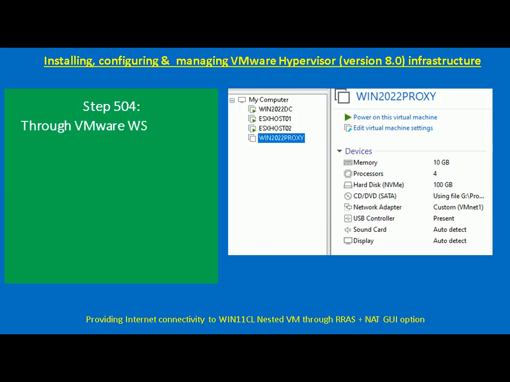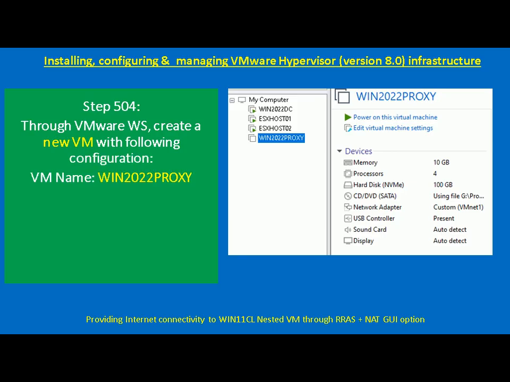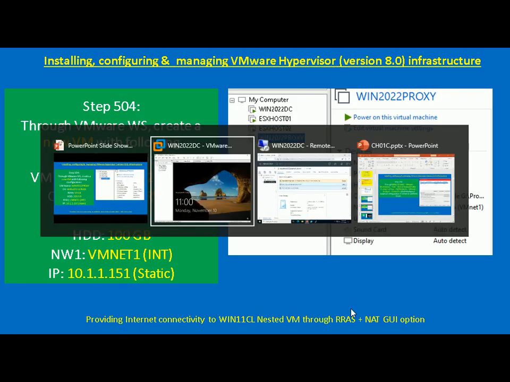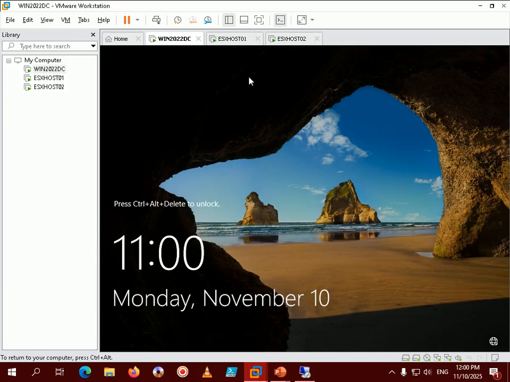So next step is through VMware Workstation, we need to create a new virtual machine with the following configuration. The VM name will be Win 2022 proxy. OS will be our Windows 2022 server. RAM will be 10 GB and hard disk will be 100 GB. And network, we will first add VMnet1, that is the internal network, and we will give a local IP 10.1.1.151, that is a static IP. Okay, so let's go back to our VMware Workstation console,